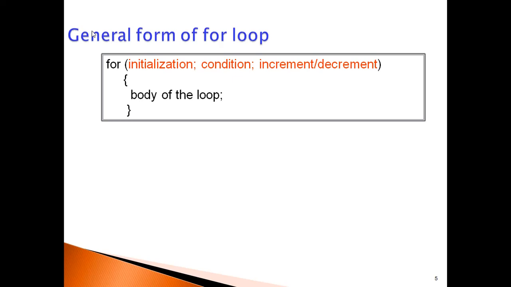Whenever you see the for loop statement, immediately you can understand the altering variable. What is the altering variable? And the altering variable's initial value, that is the initialization, and the condition of that altering variable. You can also say it is the counting variable of the for loop. In the last part, you will find whether the altering variable is incrementing or decrementing.